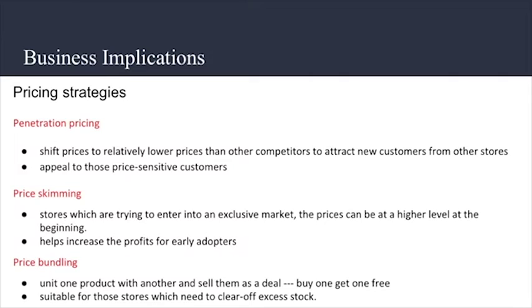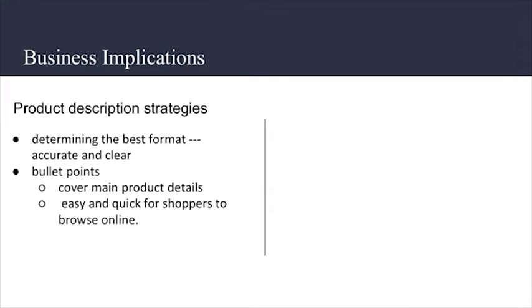Price bundling means retailers on our list can try to unite one product with another and sell them as a deal. In other words, they can try to offer the buy one and get one free service. This strategy is suitable for those stores which need to clear off excess stock and try to attract more customers. For the product description strategy, determining the best format is also important. Bullet points, for example, can be used to cover main product details so that it is easy and quick for